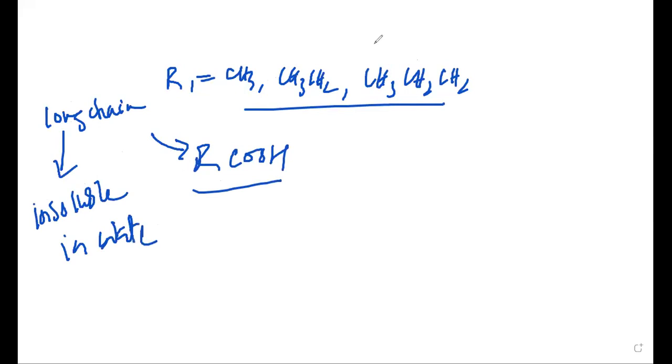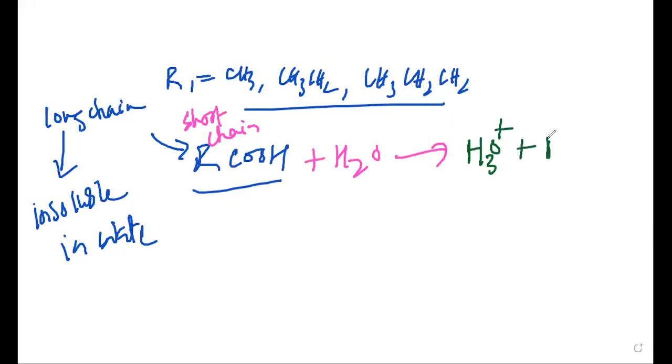And if it is short chain, my dear students, then it is soluble in water. When it reacts with water, it produces a H3O plus ion, and it produces RCOO minus ion. Now, when we look at the RCOO minus ion, my dear students,